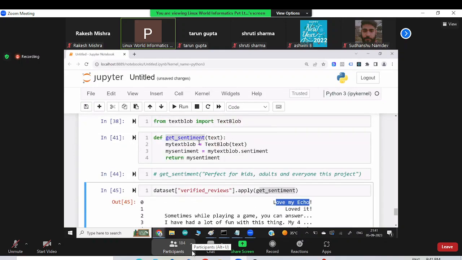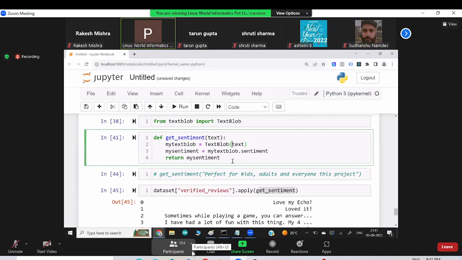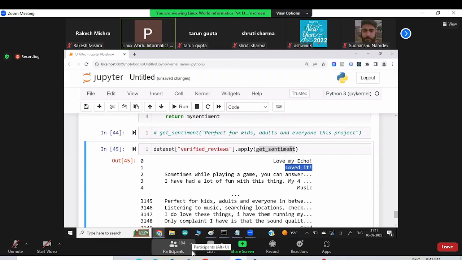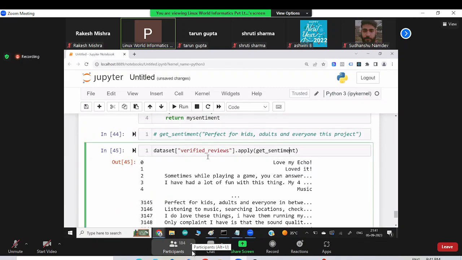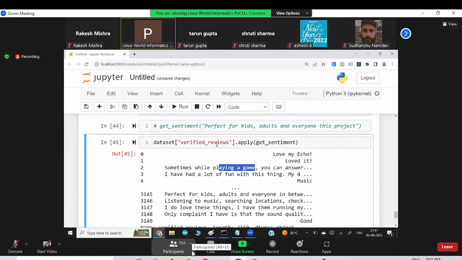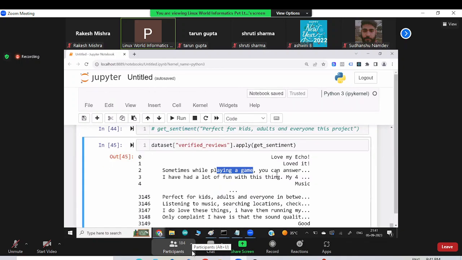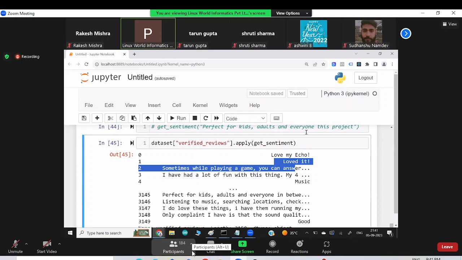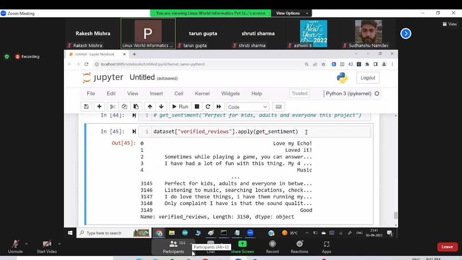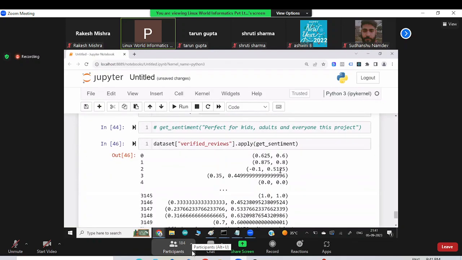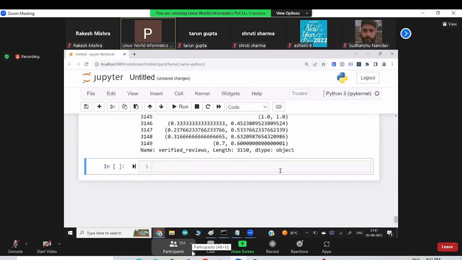This function will take it as a parameter and give the output to you. Then we take the second one, send it to this function, and it will return to you. The third one, it returns to you. So for 10,000 feedbacks, we call this function 10,000 times, and it gives you the sentiment of everyone. See here, it's finding the sentiment of everyone, and the entire sentiment is going to come up.